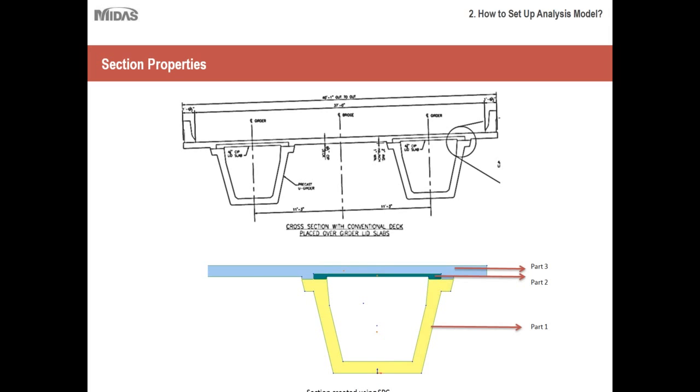And many times engineers resort to different types of spreadsheets for computing the section properties, or sometimes they are not that lucky and they use just hand calculations to get there. Whereas some companies or engineers prefer using efficient tools that could make their work process much smoother. So we have a tool